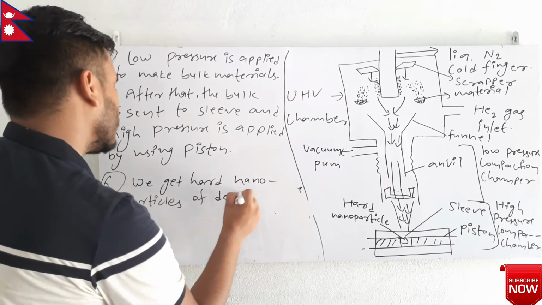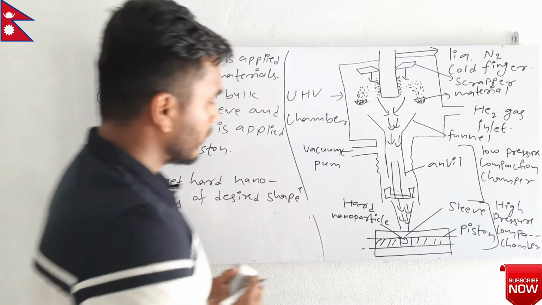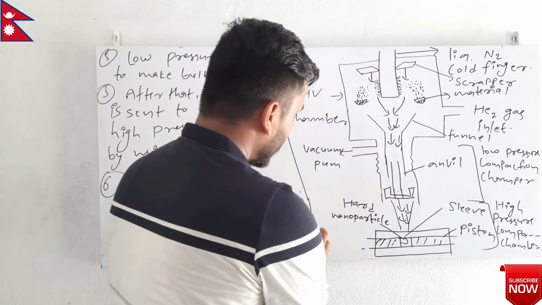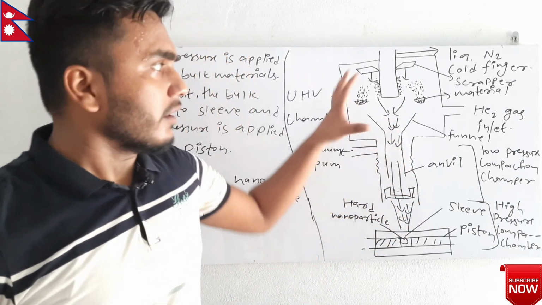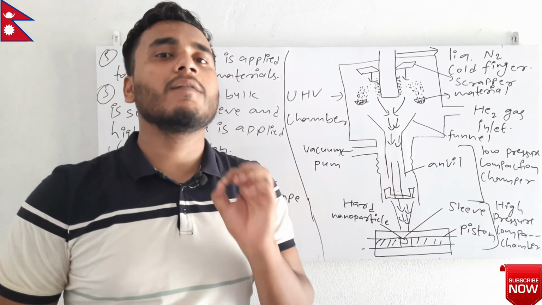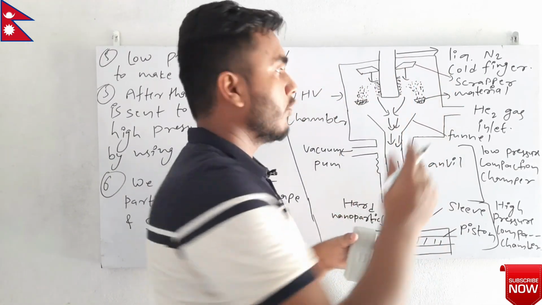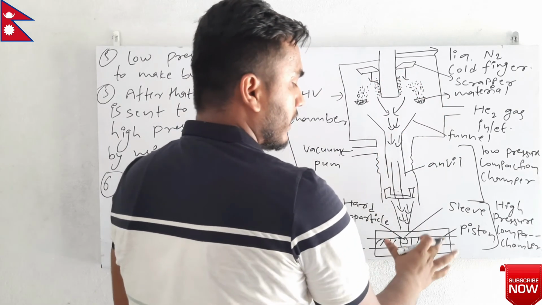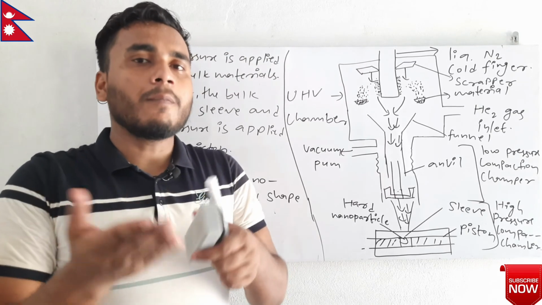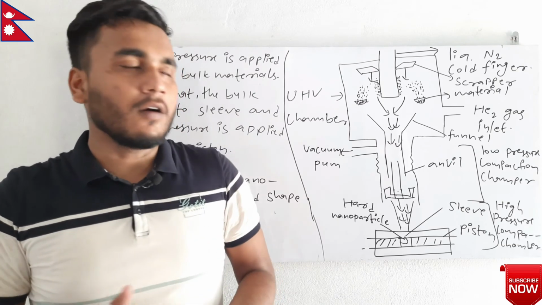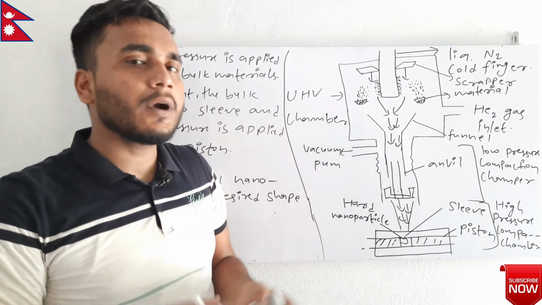of desired shape and size. So this is the complete procedure of the inert gas condensation method used in physical vapor deposition. Actually, this method is one example of physical vapor deposition, because in this process we are heating the substance, we have converted it to vapor, and after that we have condensed them, and finally at the last we got our nanoparticles. So this is an example of the bottom up approach of synthesis of nanoparticles, because we started from vapor and we created nanoparticles. So this is the bottom up approach.